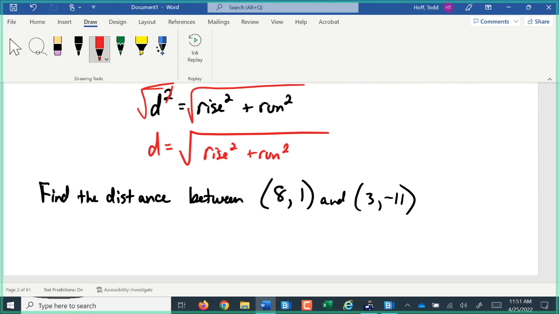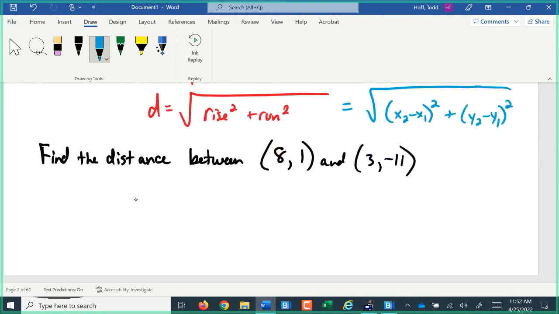Now I could further define this up here. The way it's typically defined in textbooks is that the distance is equal to the square root of x2 minus x1 squared, it's technically the run, plus y2 minus y1 squared, which is the rise. So for this example, my run is the difference in my x coordinates. I call them 1 and 2. It'll be 3 minus 8